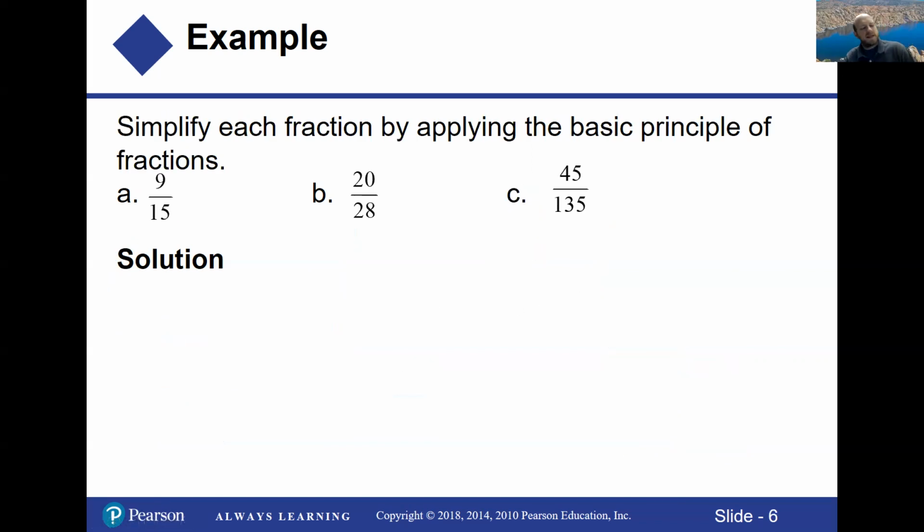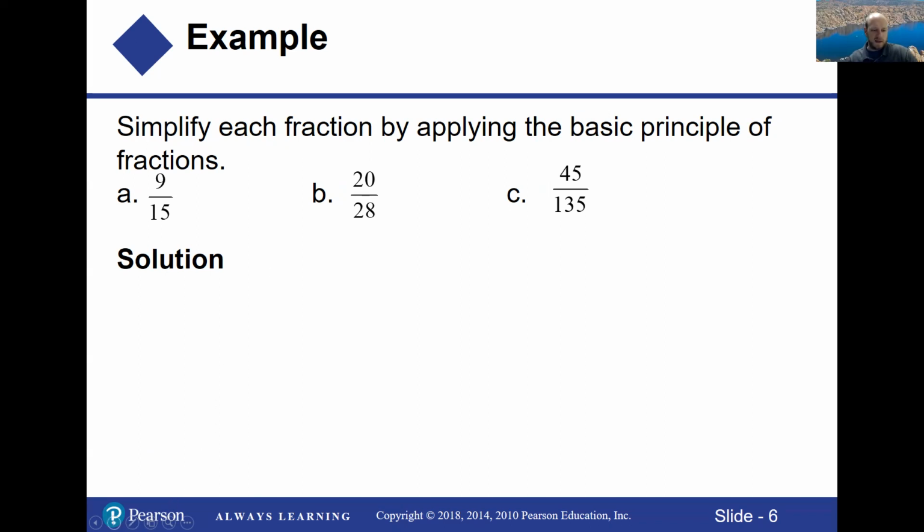All right, this next part we're going to get into simplifying rational expressions a little bit more. So we're not plugging in a value. We're not finding where the denominator is going to be equal to 0. We're just simplifying. And the way that I'm going to start this off is I'm going to have some examples. We're going to go back to when we simplified fractions. Okay, so we're going to be applying the basic principle of simplifying fractions to be able to then apply that